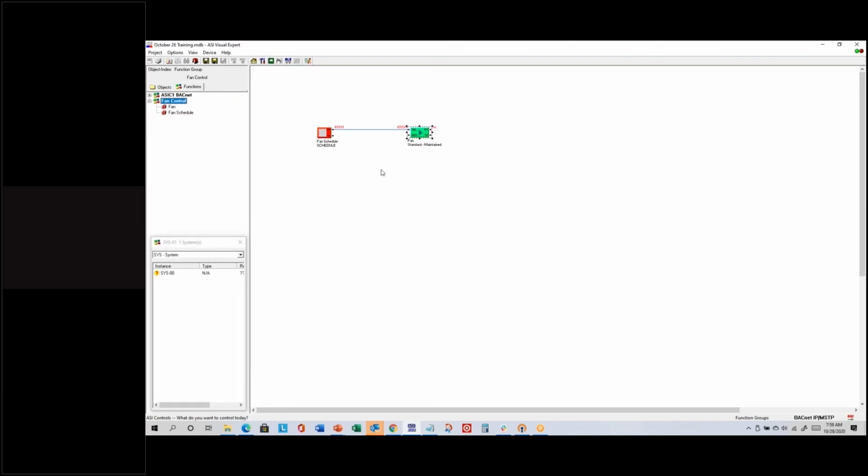So that's just a simple exercise to get you used to dragging icons out from the objects box, connecting lines, viewing properties. We'll be doing a lot of that today, and we'll make